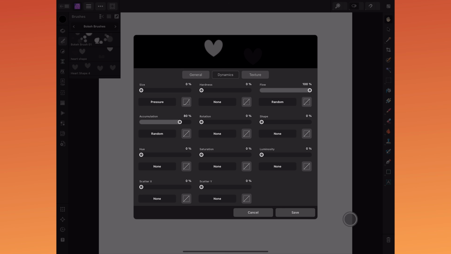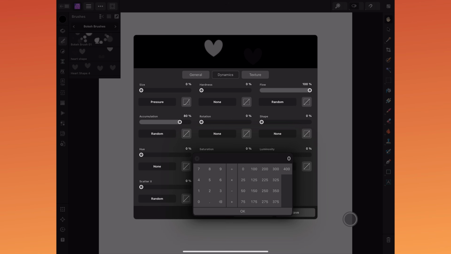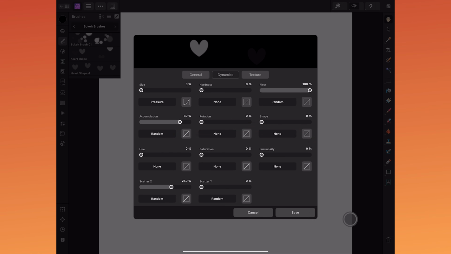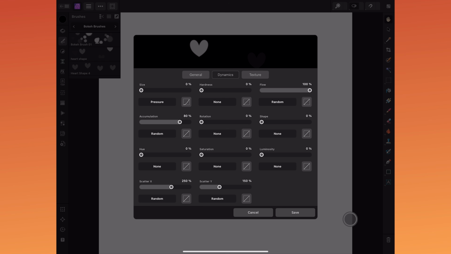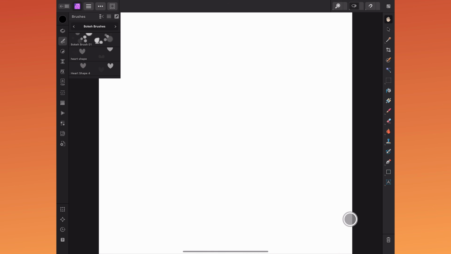So I'm going to skip right to scatter X and Y. Scatter varies the position of the nozzle on either the horizontal axis, which is scatter X, or the vertical axis, which is scatter Y. I want to change the controller on both to random, and I'm going to set the scatter X to 250 and Y to 150. I can always change this if I want. And that's all I'm going to change. I'm not adding any texture to the brush itself, so I'm just going to click Save, and I'm all set